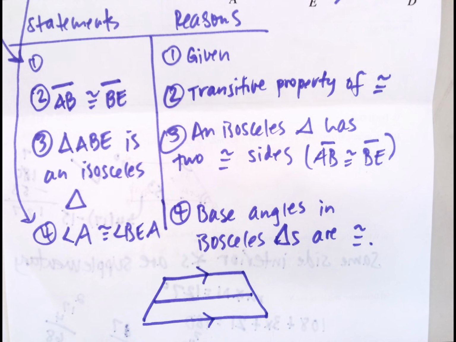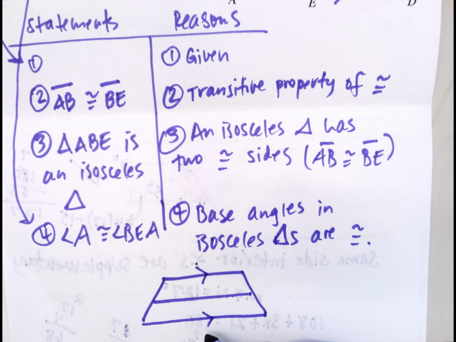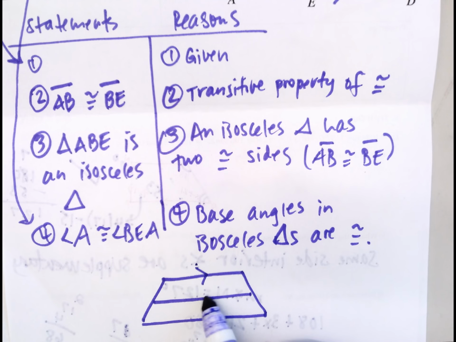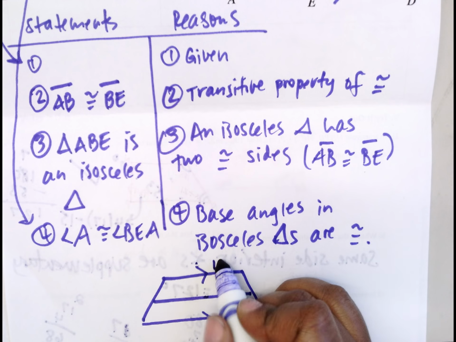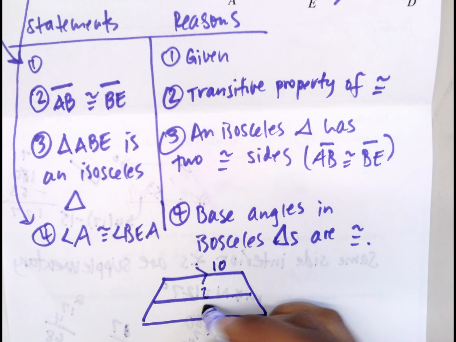What you would do is take the length of this side here and the length of this side, right? The length of the parallel sides, and divide it by 2 to get this mid-segment. For example, if this were 10 and this side were 12,